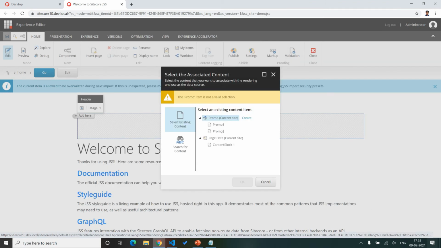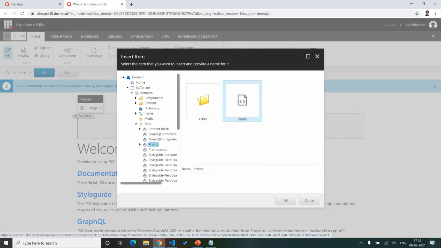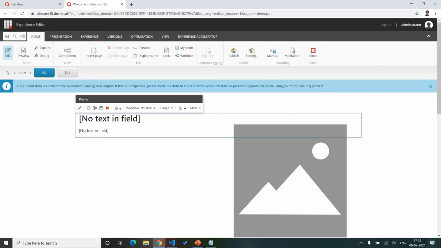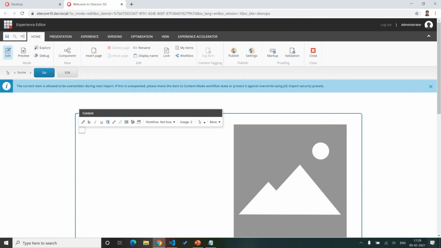Now I'm going to add the promo component and create one data source. This is the default data source. So let me add a default demo promo. I'm going to add some title like demo and add some content like lorem ipsum.